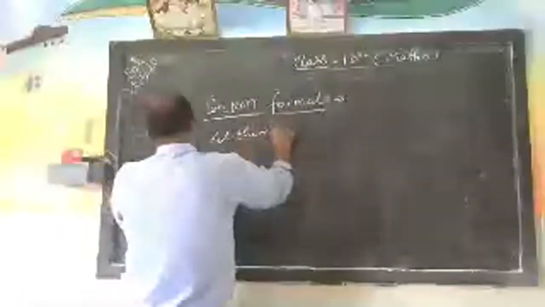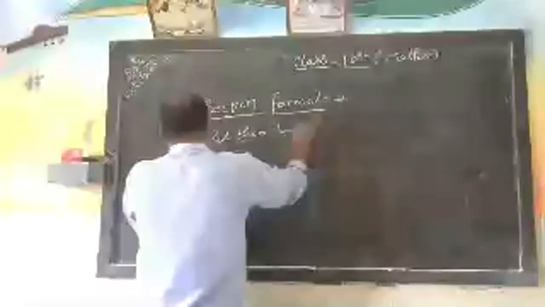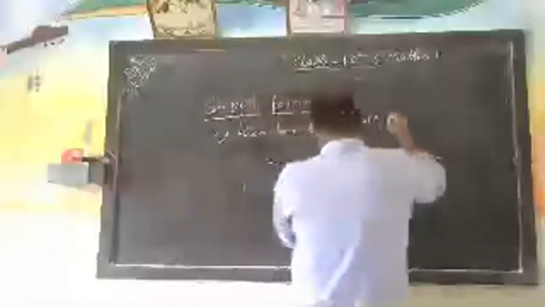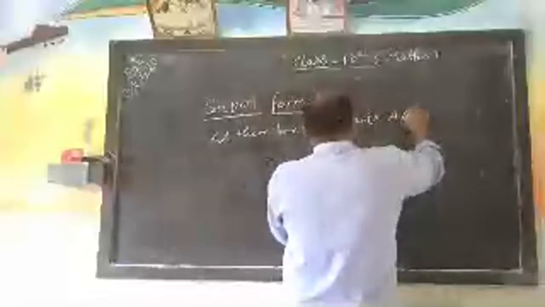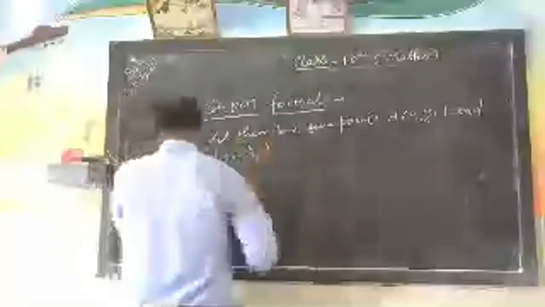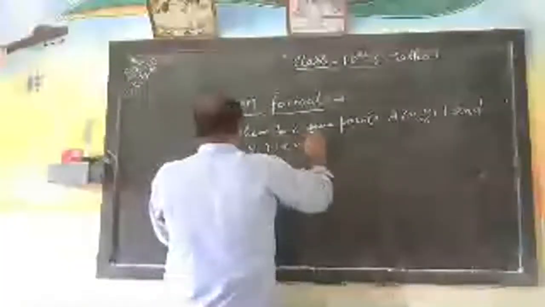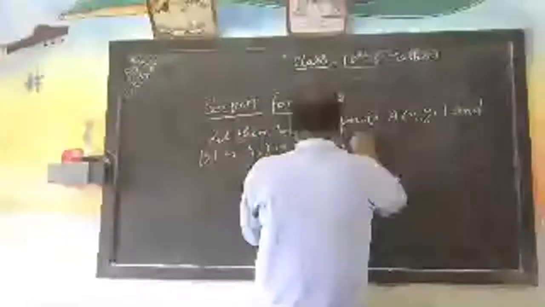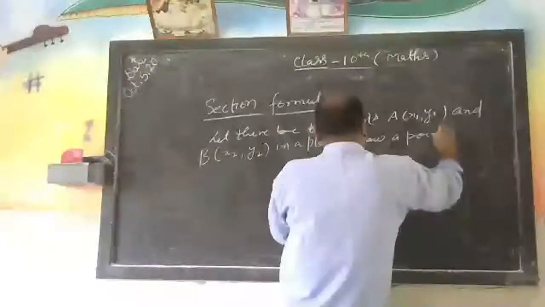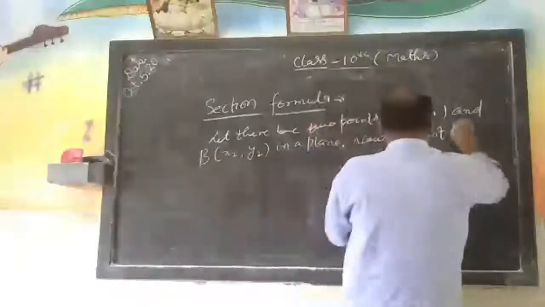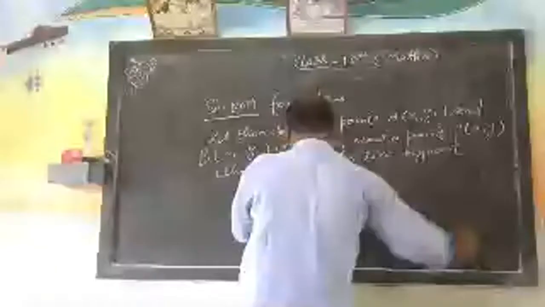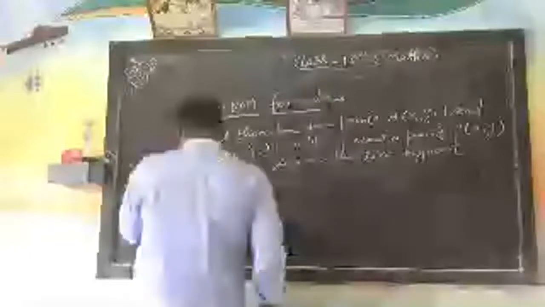Here A (x1, y1), B (x2, y2) in ratio R. Now AB